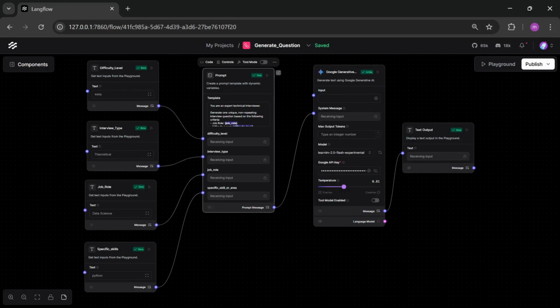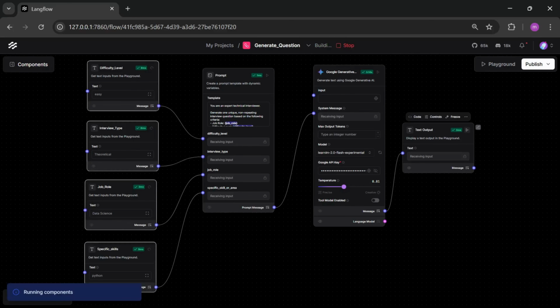Finally, the generated question is passed to a text output component where you can see it displayed in the interface. That's our first flow, the question generator. Simple, flexible, and personalized.